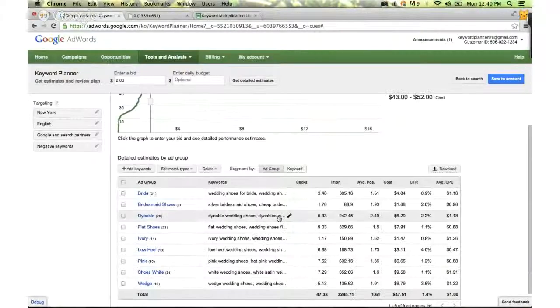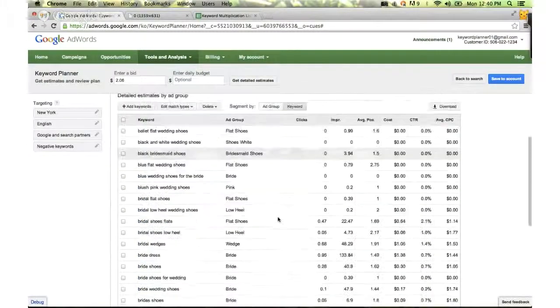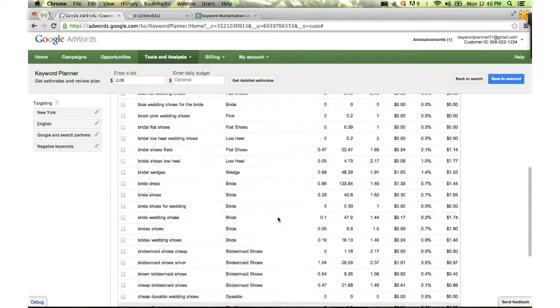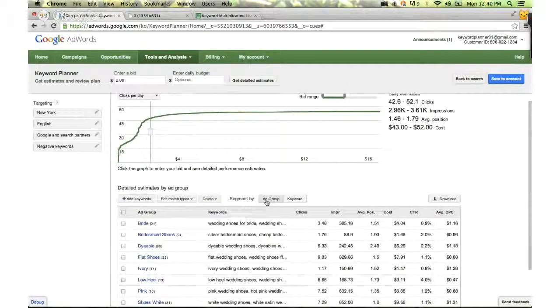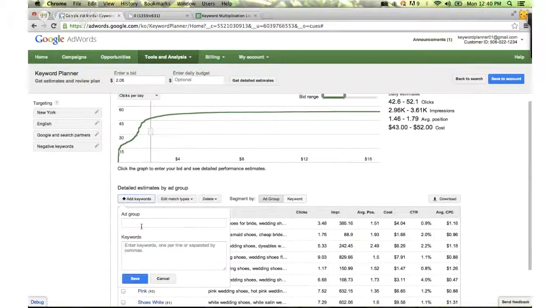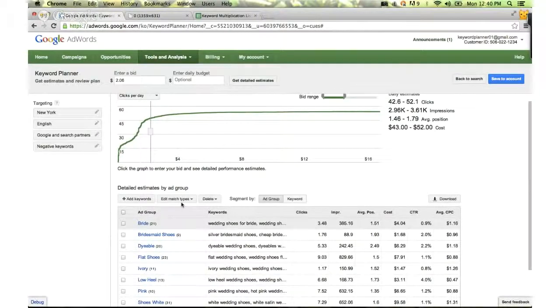On this view, you have the option to view it per ad group or by keyword. The total remains the same. It's just how you want to view the segments. You also have the option to add more keywords, create a new ad group, or edit any of the existing ones in case there's something you want to change. You can also edit your match types. By default, these are all broad, but I can change them to exact or phrase,